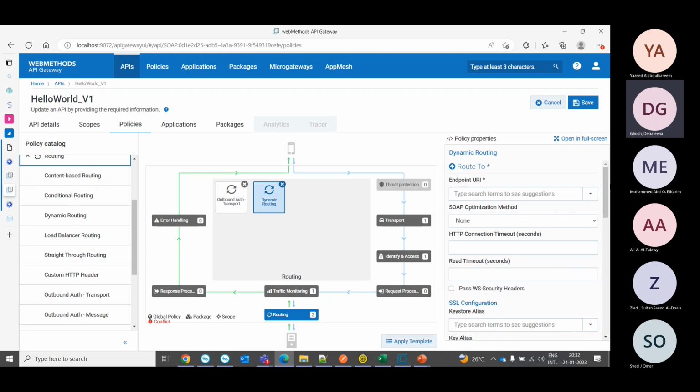So when the consumer sends the request, they can add some directive either in the message header, in the message body, or in the message context actually. And based on that directive, we can dynamically generate the endpoint URL. So when we are configuring the dynamic routing endpoint,